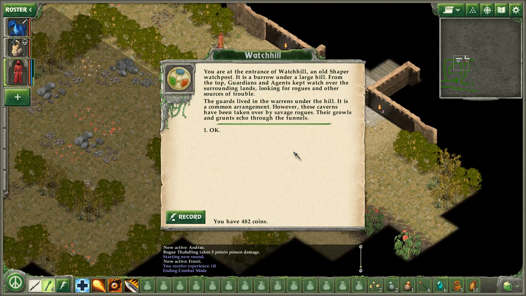You're at the entrance of Watch Hill on an old Shaper watch post. An old Shaper watch post. It is a burrow under a large hill. From the top, guardians and agents kept watch over the surrounding lands, looking for rogues and other sources of trouble. The guards lived in the warrens under the hill. It is a common arrangement. However, these caverns have been taken over by savage rogues. Their growls and grunts echo through the